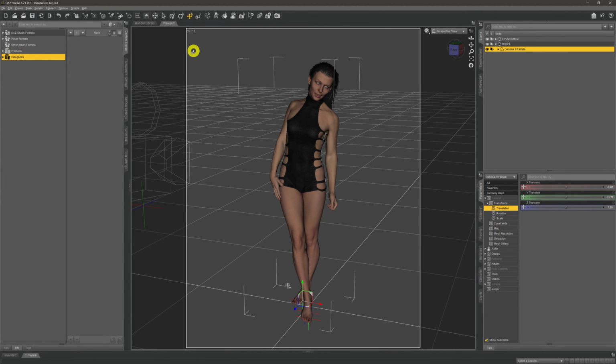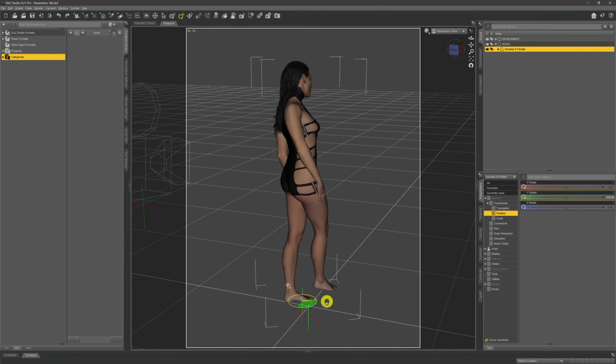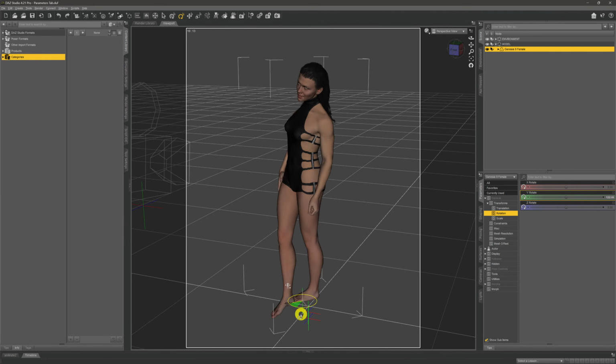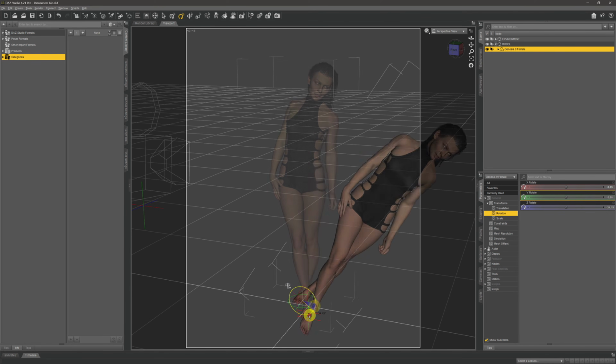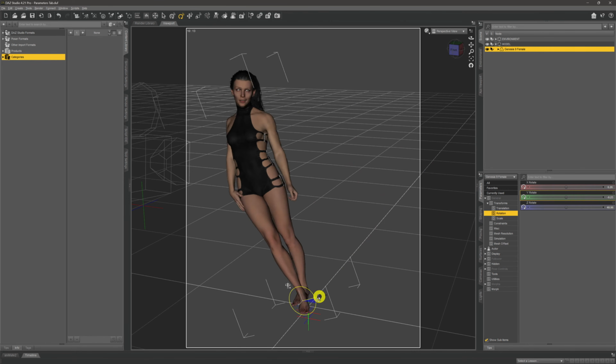Now, if we were to move along to the next icon up there, this is the rotation gadget. Give it a click, and then we get this funky little three-dimensional sphere made up of these three axis lines. Again, if we were to move across to the rotation tab and the parameters, we can see that the red correlates to the X rotate, the blue, the Z rotate, and the green, the Y rotate. So again, if we select the green, we can rotate our model around as such. Likewise, back and forwards on the X rotate, and left and right or along the Z axis if we move